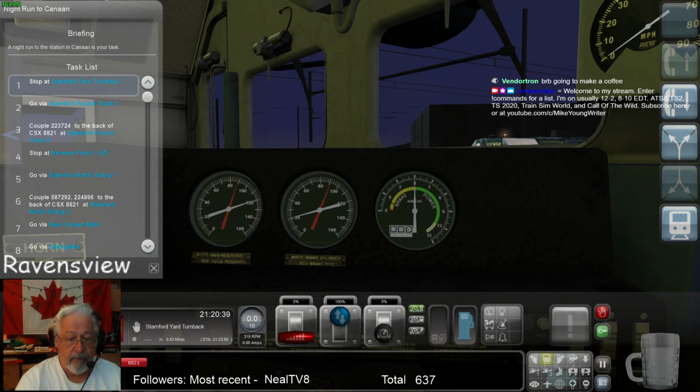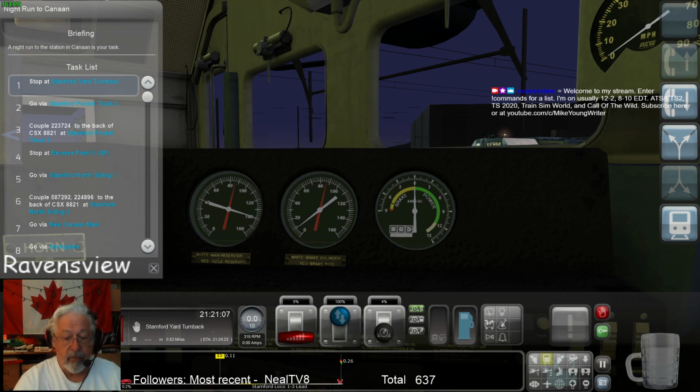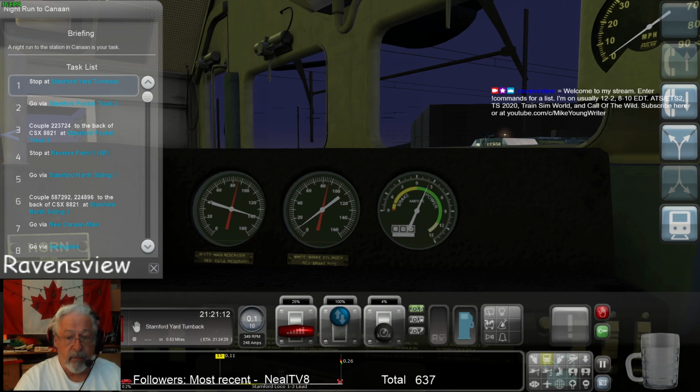Dump some brake. Check the slope. We're not on the slope, so not much of one anyway, so let's put the brake back on. We do that much. Maybe 5%, 4%. Okay, we're going forward. I believe we're going forward. Stopping at